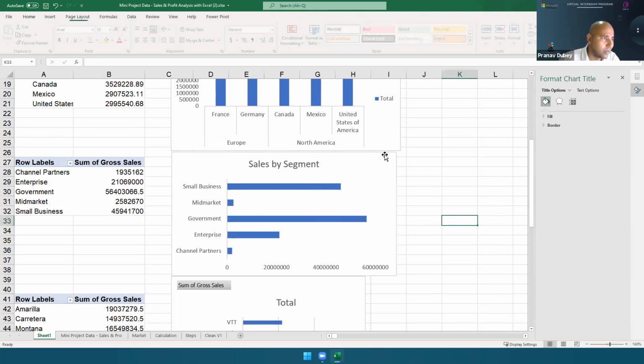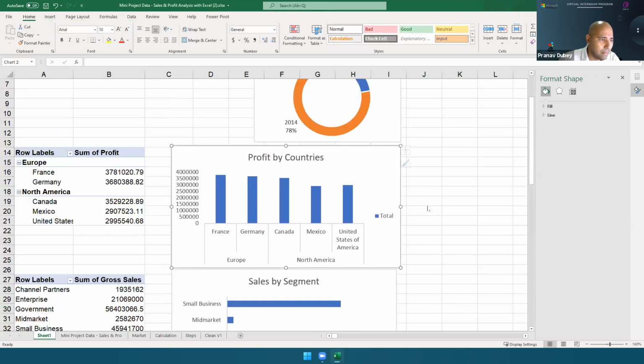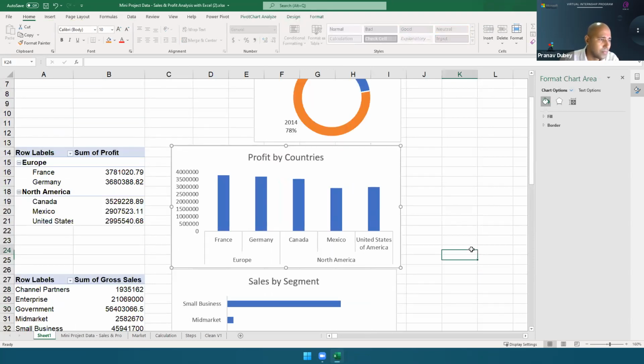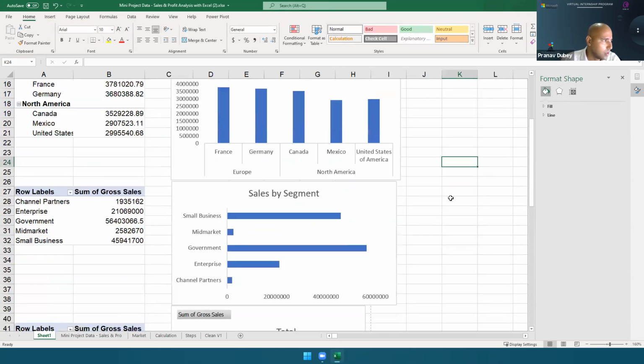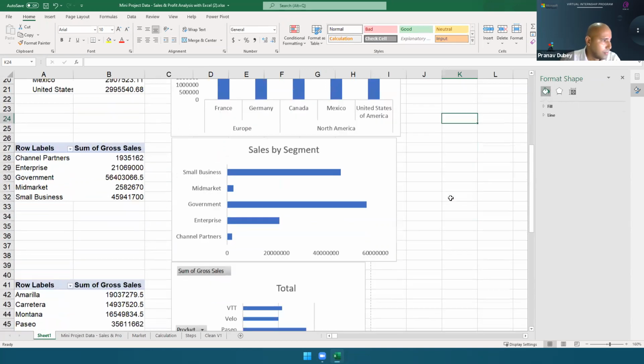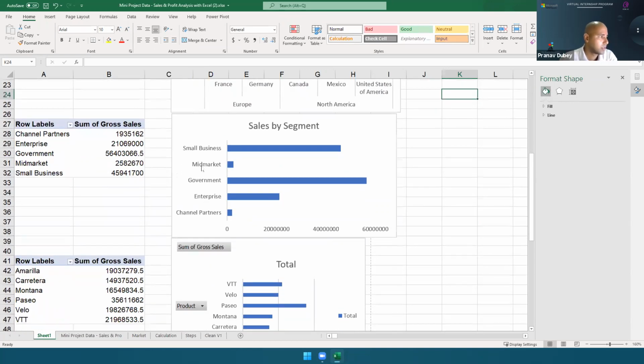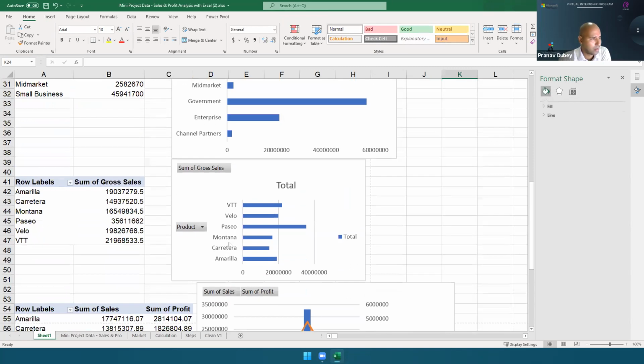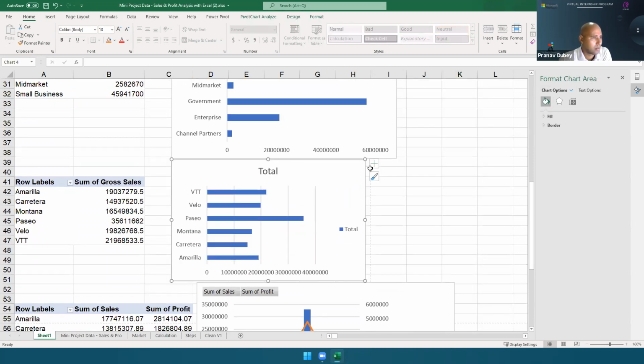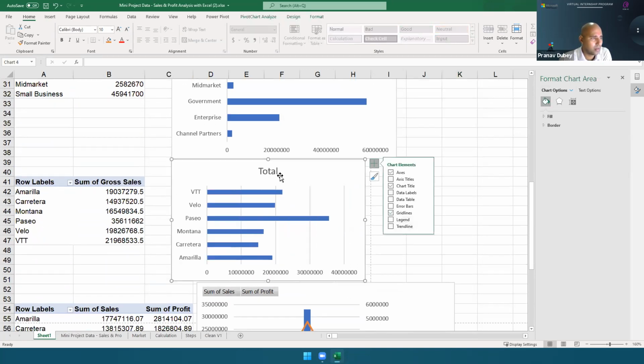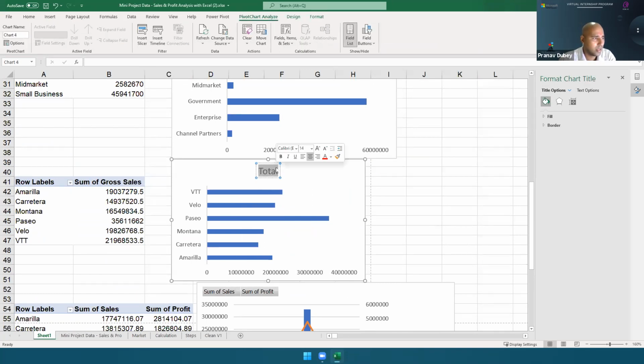So no need to give the legend. Here also we have gross sales by product. So I will also remove the legend from here, grid lines as well, and we'll say sales by products.